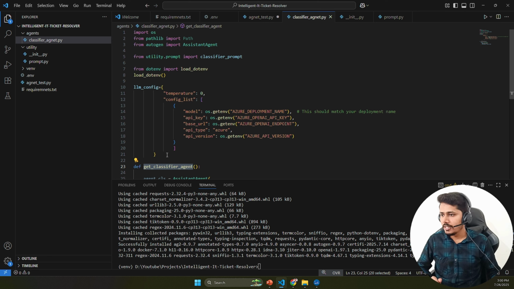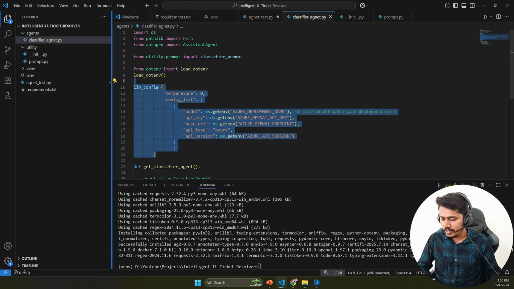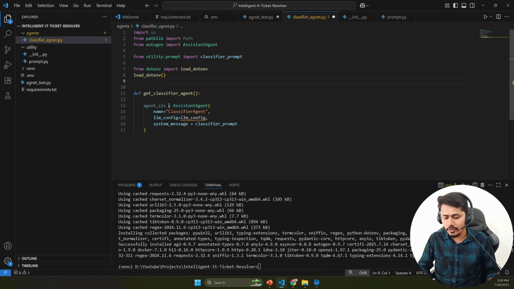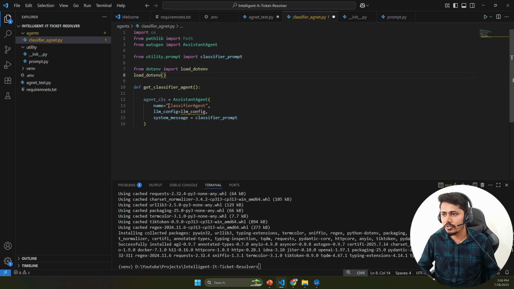But before that, this particular file, LLM configuration, instead of keeping it here, we can add that into the utility because we'll be using that file again and again. It is required for the knowledge base agent or the notification agent. We need to pass the LLM configuration. So let's go ahead and add that file. In the utility,